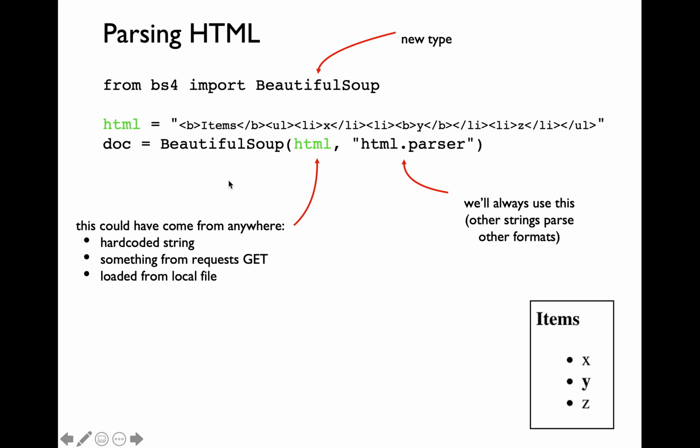Beautiful Soup module enables you to parse other file formats, but for the purpose of this course, we are going to use Beautiful Soup only to parse HTML file format. So you can always assume that the second argument is going to be the string html.parser. The Beautiful Soup constructor function call is going to return an object instance to the DOM tree, which we're capturing into a variable called doc.